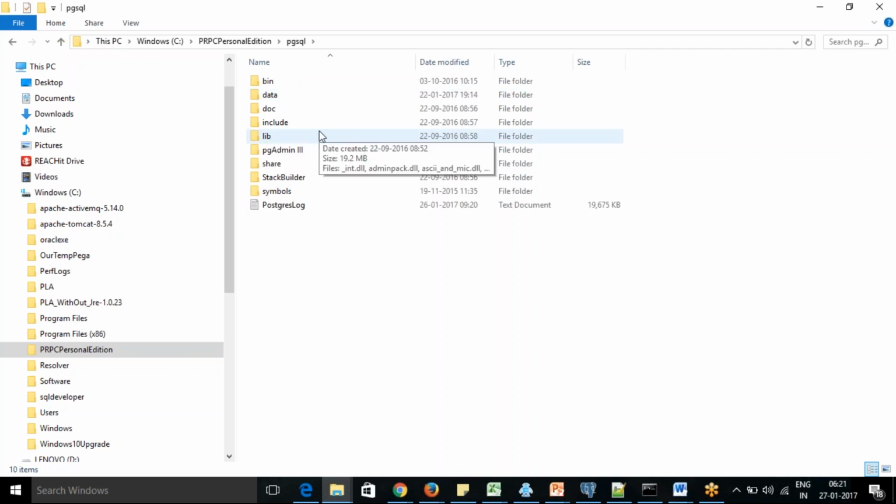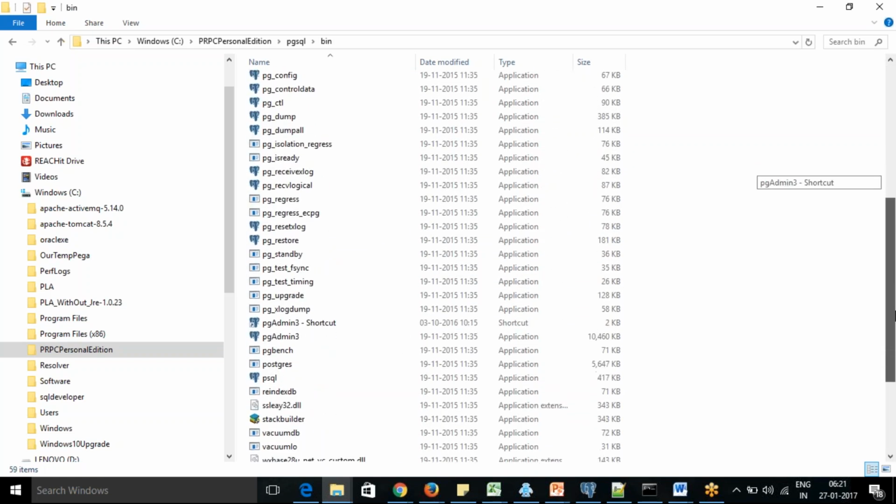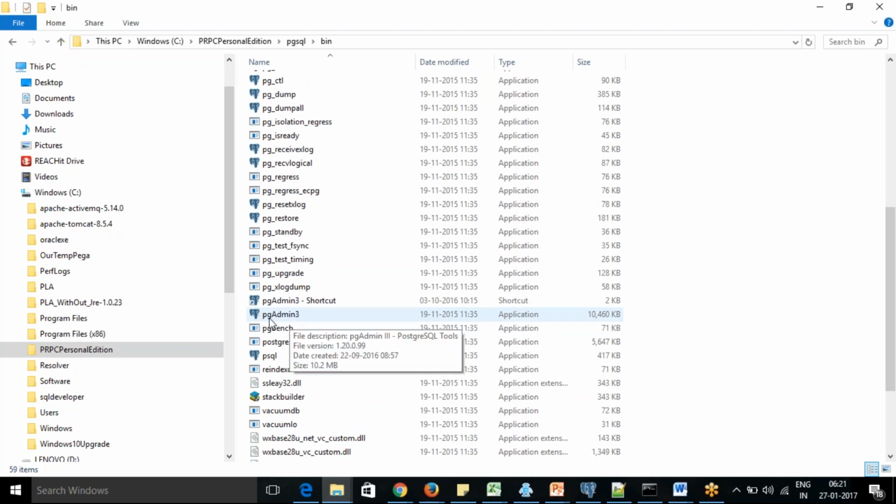Postgre database has one product called PGAdmin 3, which is the administration tool for your database. From that you can see what things you have in the database. You can look for PGAdmin 3 here. It is an application. Click on that, it will open the admin tool for your database.